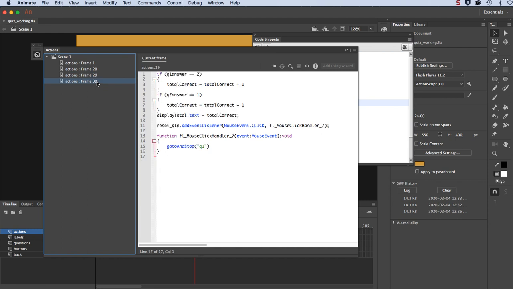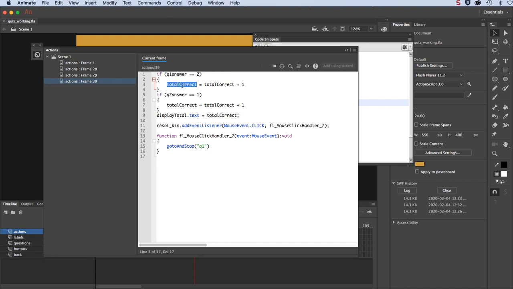Here I'm using what's called a conditional statement. It's if this happens, do the following. It's very simple syntax. We have the if statement with a space, and inside of brackets we put the condition. So this double equal sign is like equals in math. It compares. It says if this is the same as the value of that, do the following. So I'll explain the logic again. If Q1 answer has a value of 2, which happens to be the correct answer,